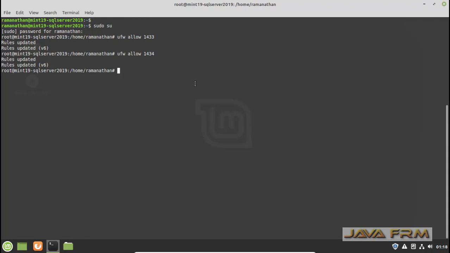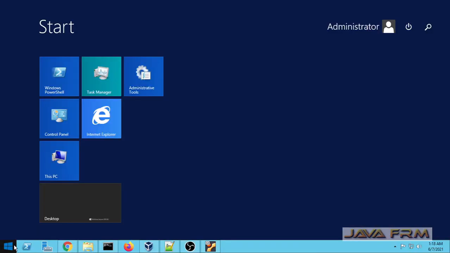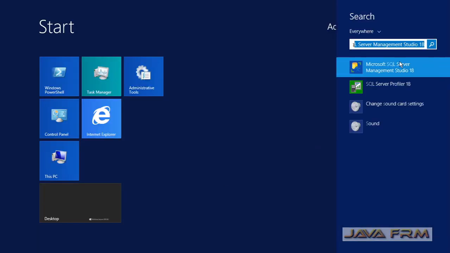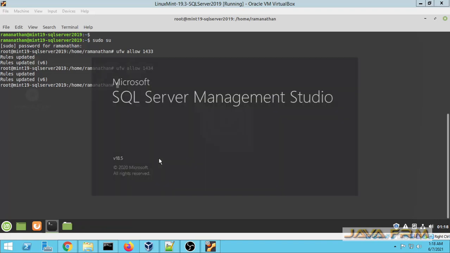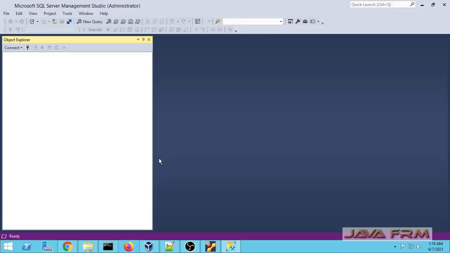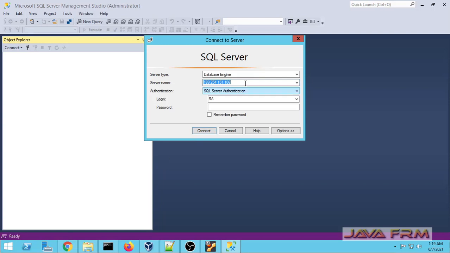So now we are going to connect to SQL Server 2019 running on Linux Mint 19 from SQL Server Management Studio. So make sure that you have installed the latest version of SQL Server Management Studio in order to connect to the SQL Server 2019 database.